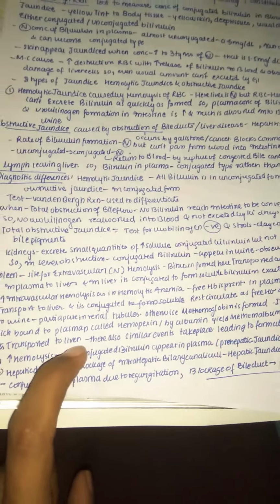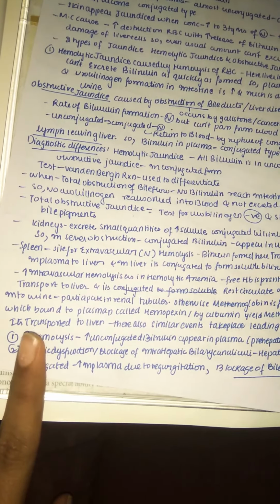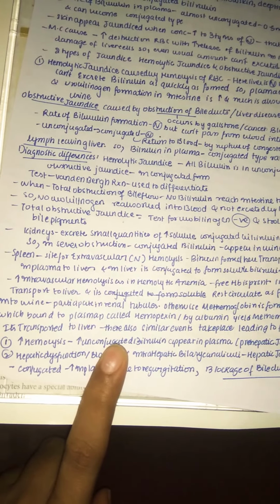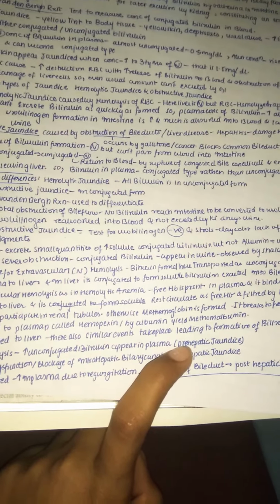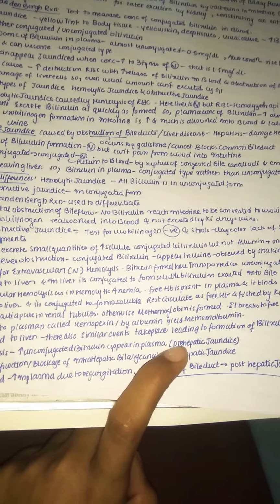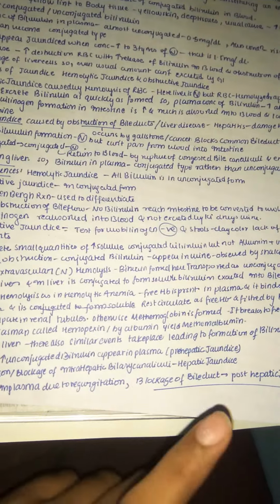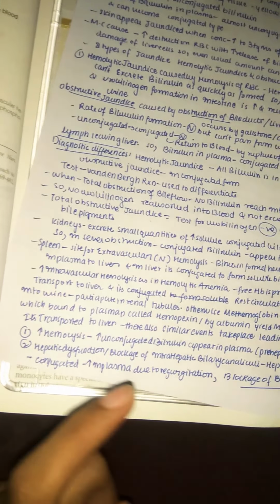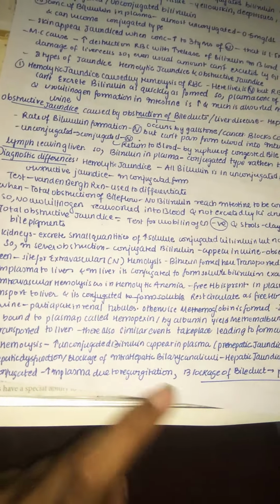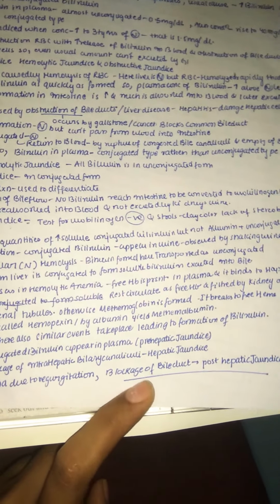Of which type of bilirubin in the liver? So conjugated bilirubin. So there are cases for jaundice: mainly increase in hemolysis, with increase in unconjugated bilirubin in the plasma. This is also called prehepatic jaundice because it is not taking place in the liver. This is before the liver, in the spleen or any other area. So it's prehepatic jaundice. And hepatic dysfunction or blockage of intrahepatic biliary canals, of course, is hepatic jaundice because here a higher amount of conjugated bilirubin is present. So the conjugated is high in plasma due to regurgitation also, and blockage of the bile duct.